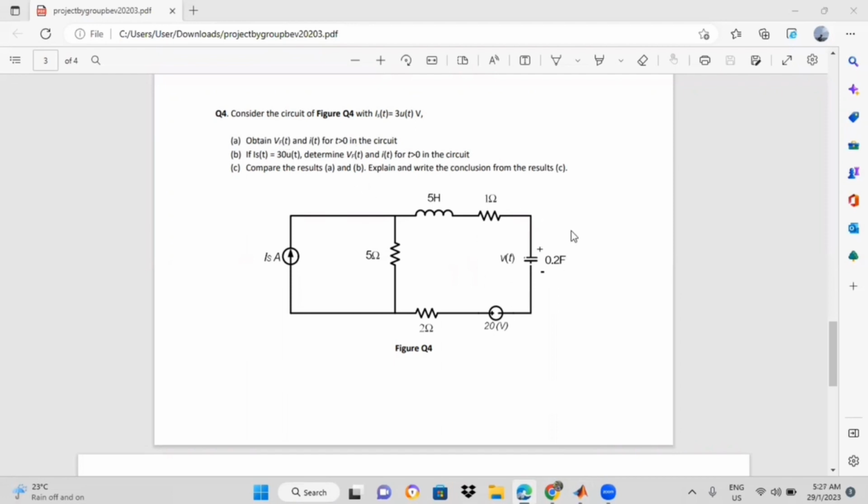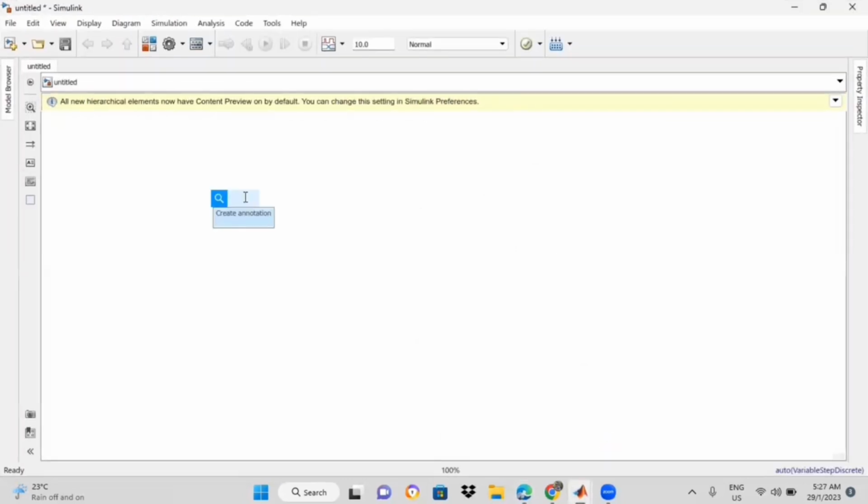Okay, so the question asks to find or obtain v_C(t), the voltage across the capacitor, and i(t). And for question B, we need to obtain the voltage across the capacitor and i(t), but the i_s is 30 u(t). So we go to the